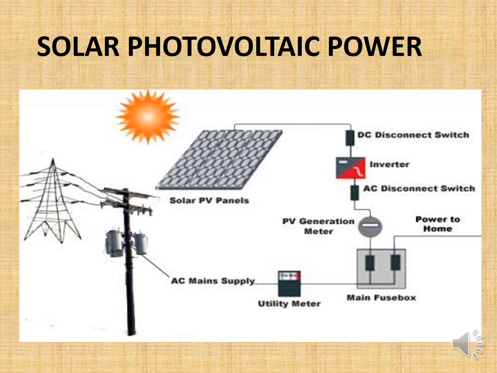photovoltaic power. It consists of solar PV panels, PV generation meter, then disconnect switch, inverter, AC disconnect switch, and after that whatever electricity is produced through solar power will be consumed here and supplied from the main fuse box to our home, as well as utilized through the